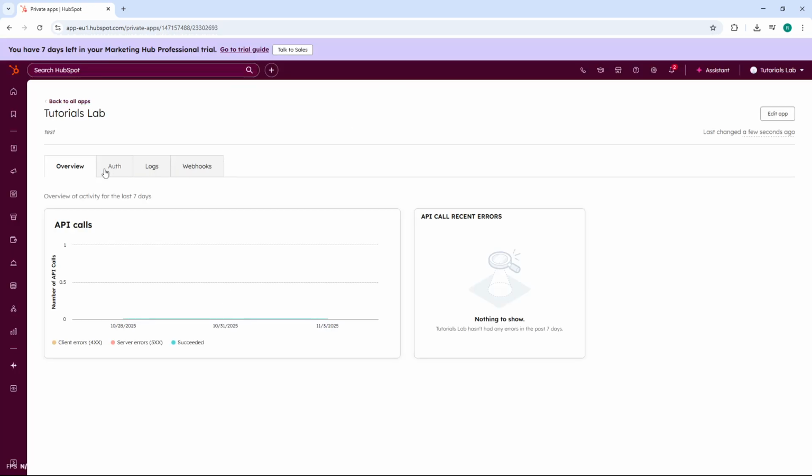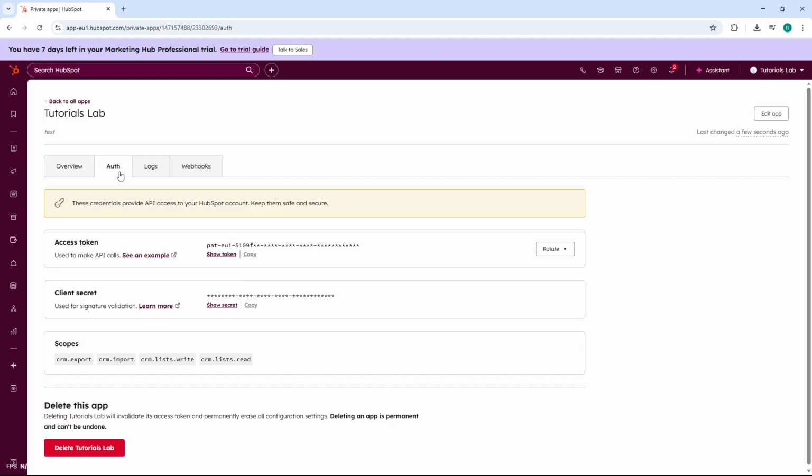Here, click on the menu named Auth. This is where you'll find your access token, which is the key piece of information you need to authenticate API requests. Copy this token and store it securely, as you'll use it to connect your external tools or custom integrations